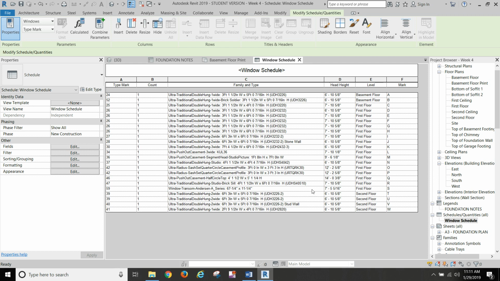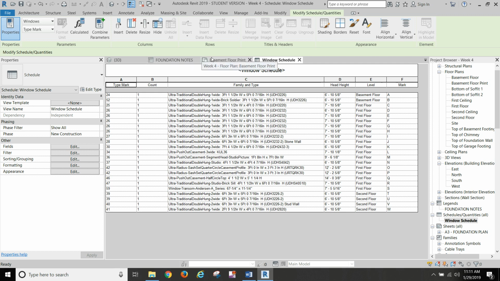Okay. Now, the ones that are going to be a little weird is the transom window over the door. The head height for it's going to be weird. And then the transom that we have, or the arch window that's in the master study office, whatever it is. That one the header height for it's going to be kind of weird too. Okay, so